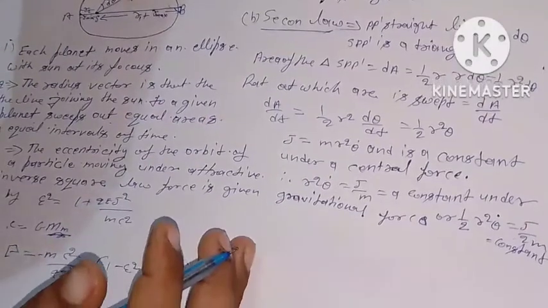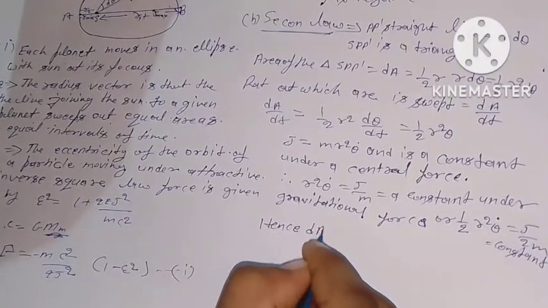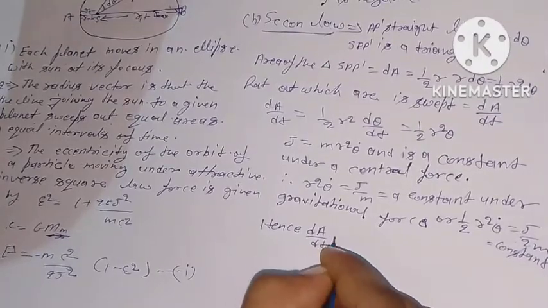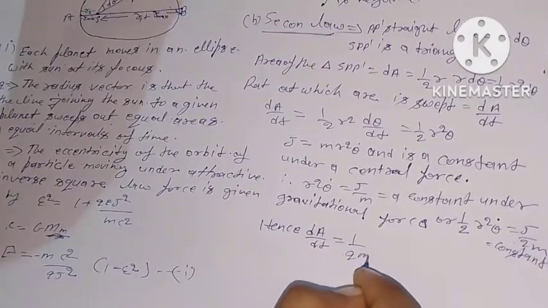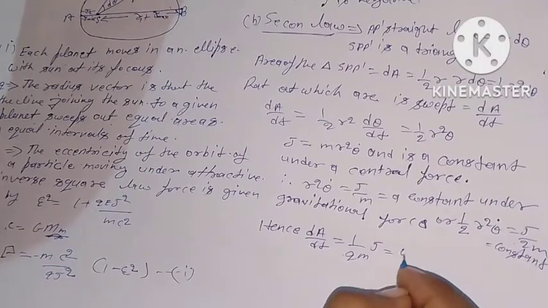Hence dA upon dt equal to J upon 2m equal to a constant,